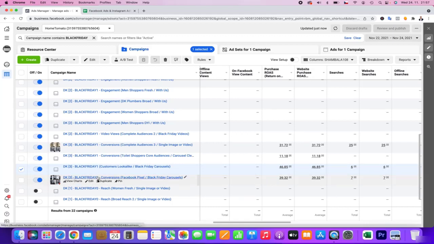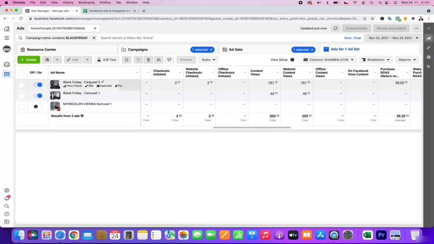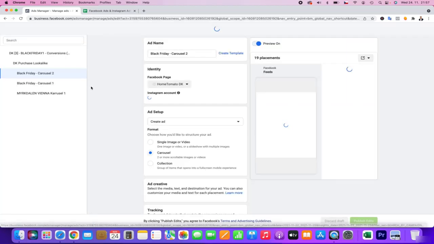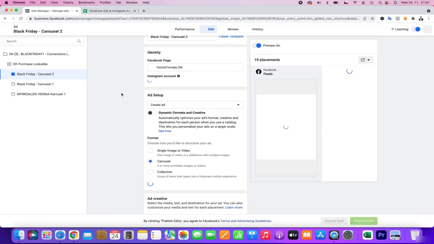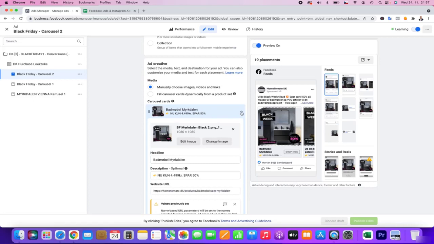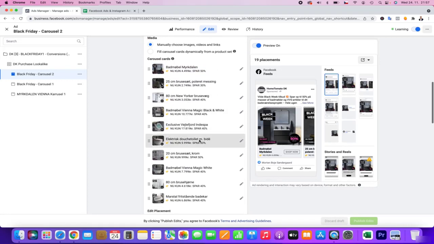Basically, I did struggle with this campaign, and as you can see, it now has very good revenue. What I did was just swap the cards, because the card that was in the first position was not doing so well.